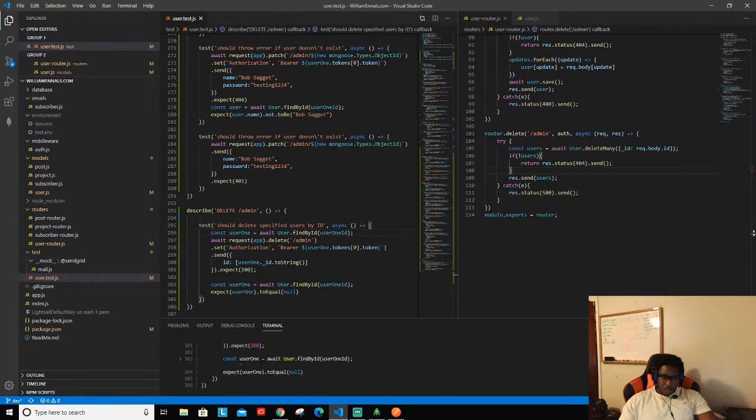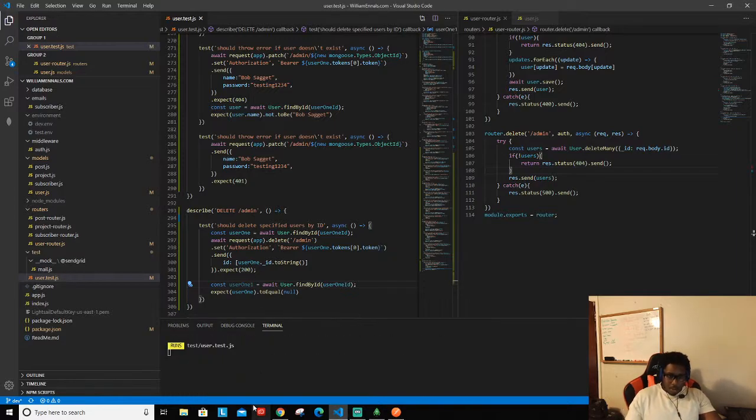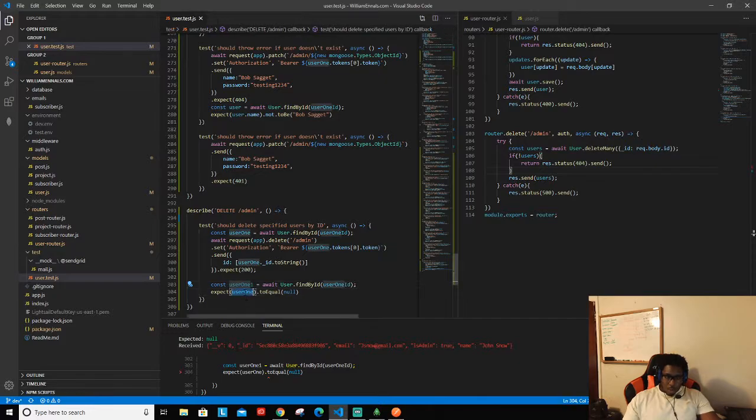And then what is it saying now? User 1 has already been declared. So say user 1 1, right? It doesn't really matter at this point in terms of the naming convention. So now we're still getting our user 1 here,